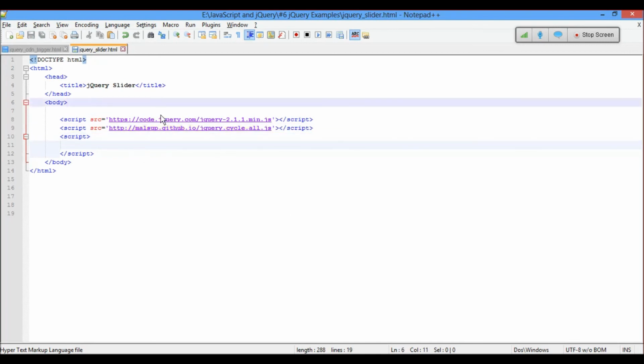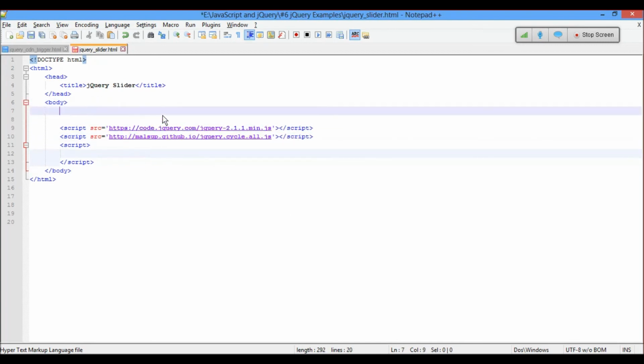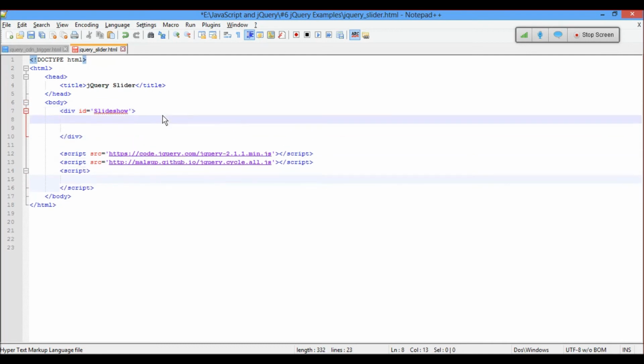Now, how do I do this? Always remember your images should go inside a div with id equal to slideshow. Now the image tag, src equal to, where are our images? In the images folder, 1.jpg is our first image. I'll give a width of 500, and a height also, let's use a square 500, and that's it.